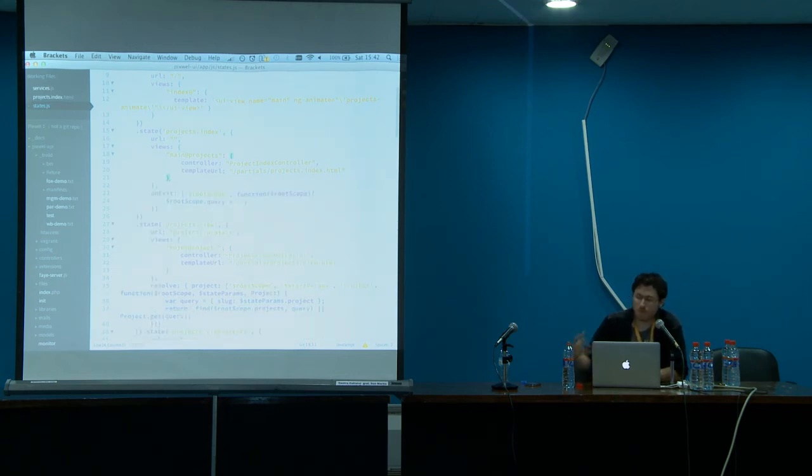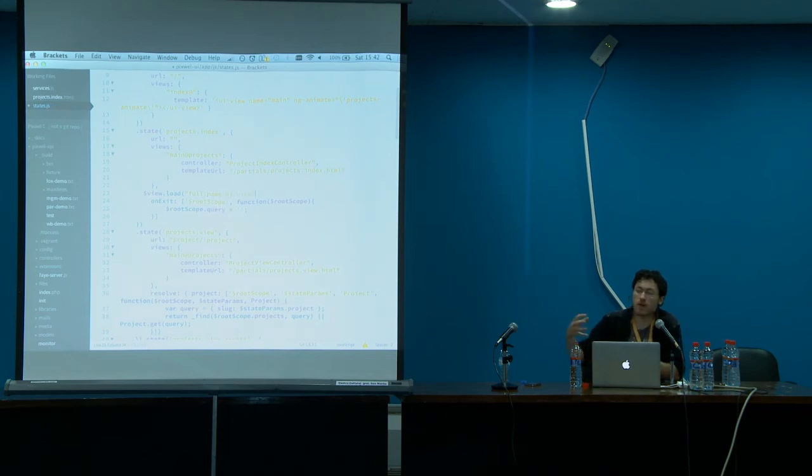So the API is very, very powerful. Currently, you can only load templates and controllers into views through states. So you define your views, and that's kind of all you get. In the next version, you'll be able to say something like view.load with the full name of the view.